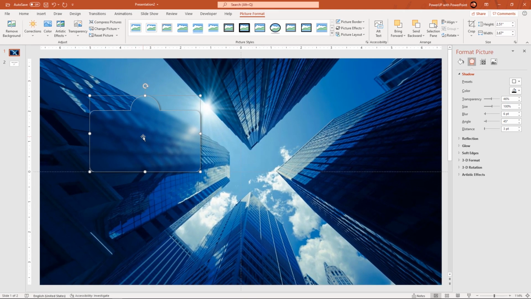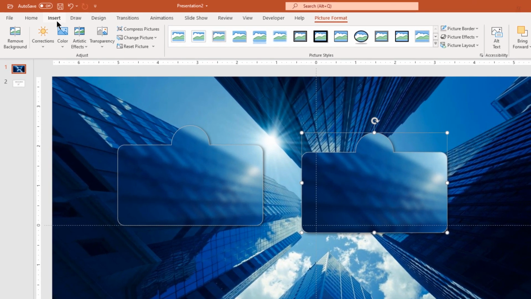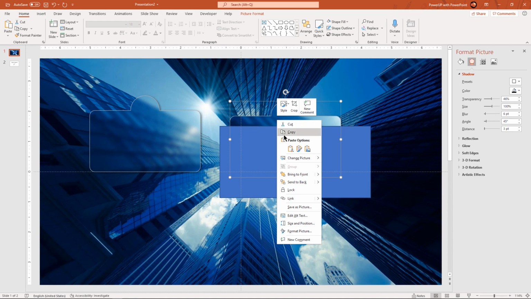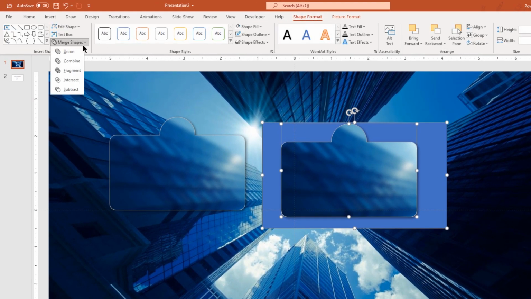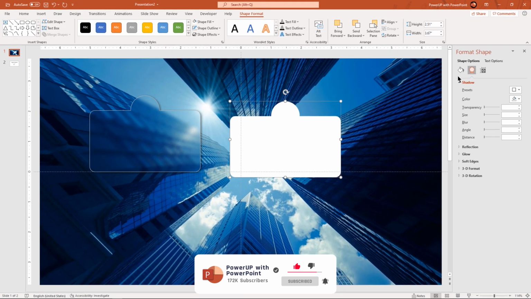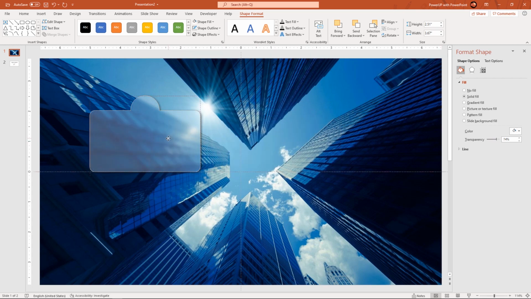Now let's create a white color shape over it to give it a more realistic glassy effect. Duplicate this placeholder using Ctrl+D and then draw a rectangle shape to cover this entire placeholder. Select both the shapes and then intersect them together. Now remove its outline, change its fill color to white and increase its transparency to get that white color shade. Just drag and place it on the original placeholder shape.